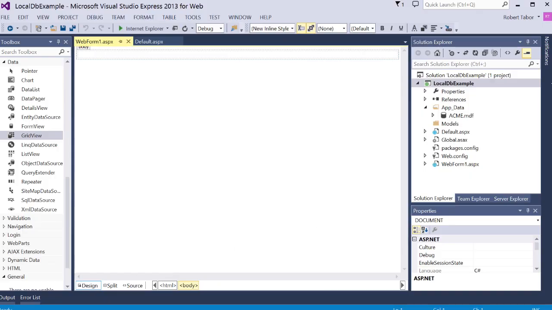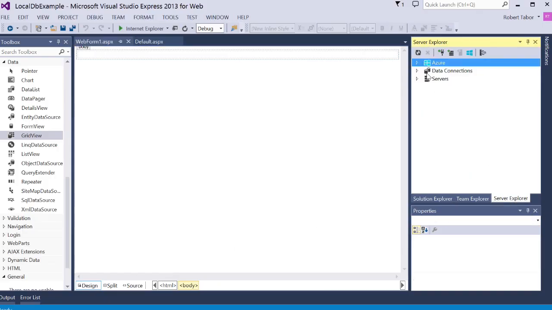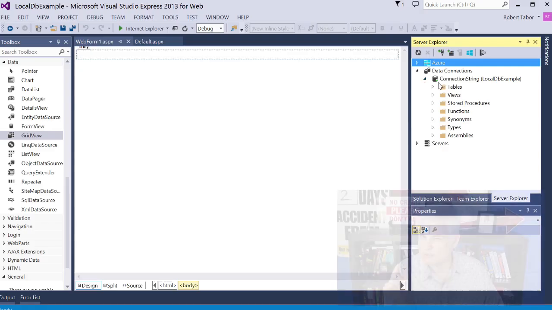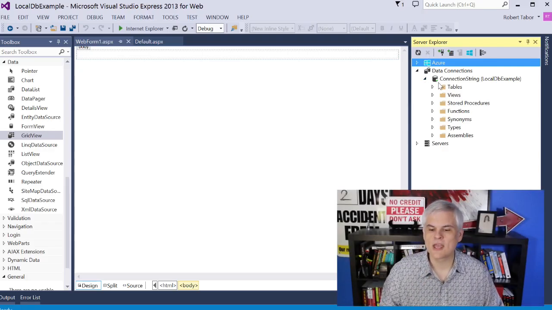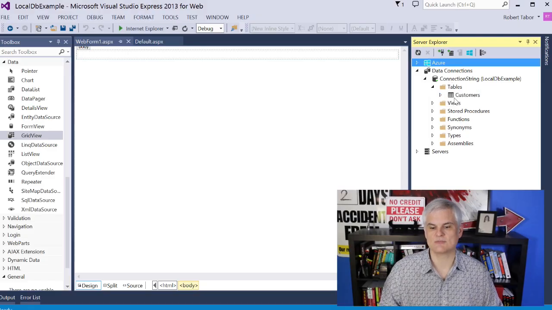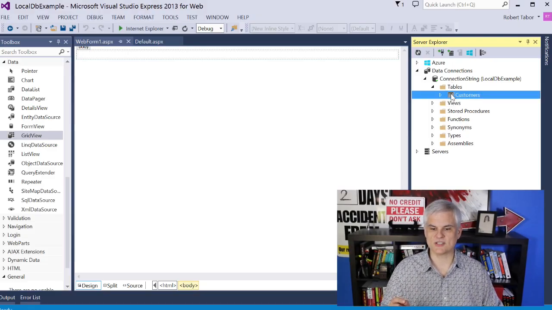Now watch this. I'm going to go to the Server Explorer. Okay, we're going to go to our data connections. We're not connected to our LocalDB example just yet. I expanded it. Now you can see the little green plug like we talked about before. I'm going to drill down to the tables, drill down to Customers. I select Customers. Now watch this. I'm going to drag the Customers table and drop it on our form,